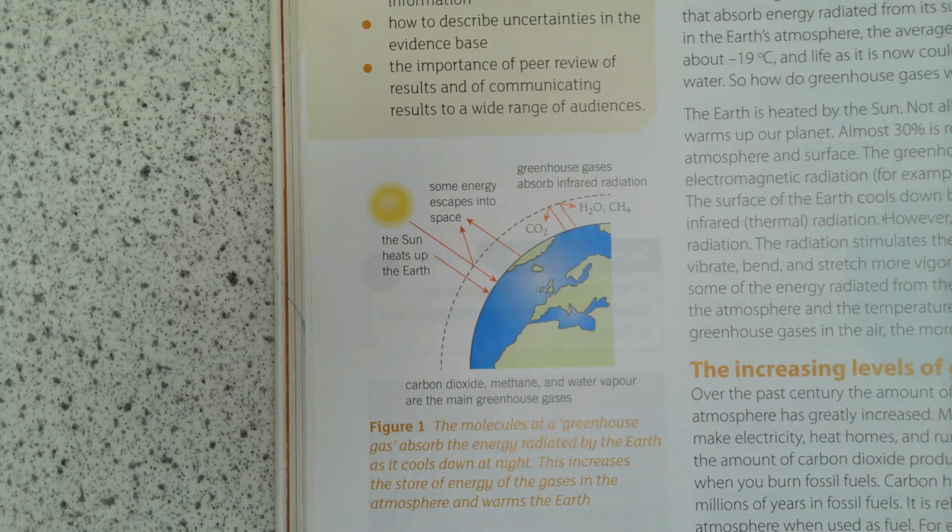Of course it's a good thing. Without the greenhouse effect, the Earth would be as cold as the moon. And the moon is very cold when there's no sun blaring at it. Right, so we need the greenhouse effect to be a planet where we've got liquid water and it's warm enough to survive. The problem comes, as we'll see in a bit, when we've got high levels of greenhouse gases.